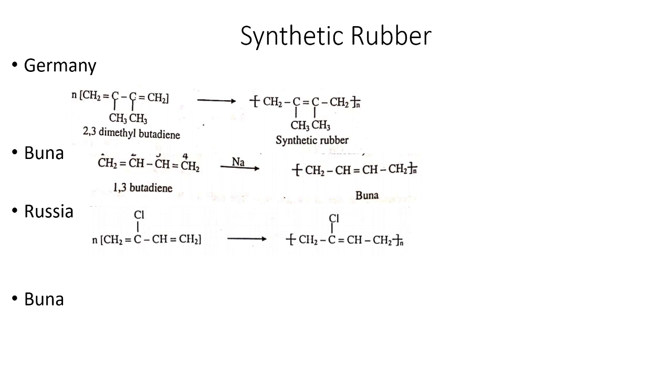Then we'll move towards Buna N. It is a copolymer of 75% butadiene and 25% acrylonitrile. It is prepared by emulsion polymerization. The dispersion medium is water. For an emulsion you need a dispersion medium. Here you cannot call it a solvent, because a solvent dissolves the solid. Here the solvent is not dissolving the solid, but it disperses.